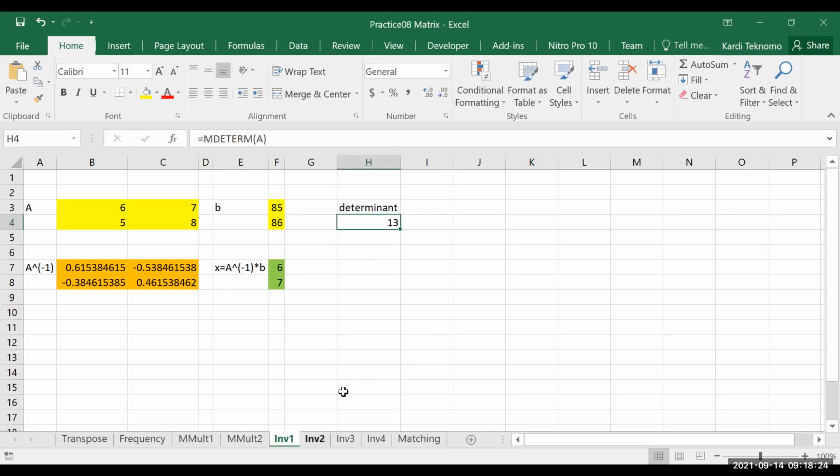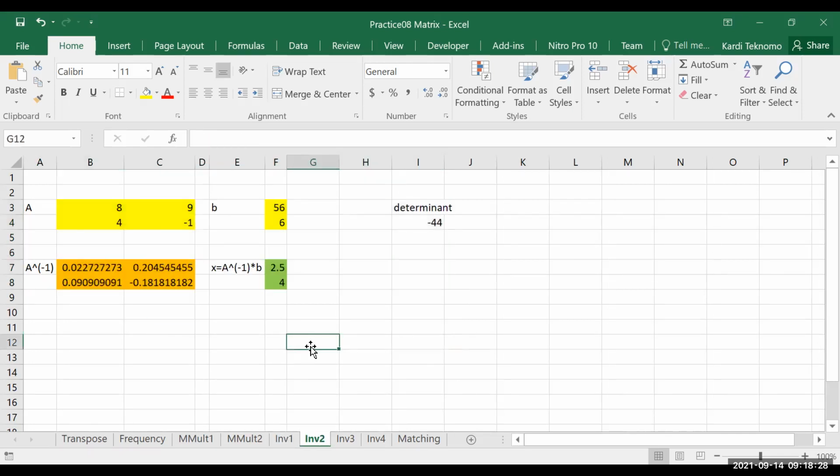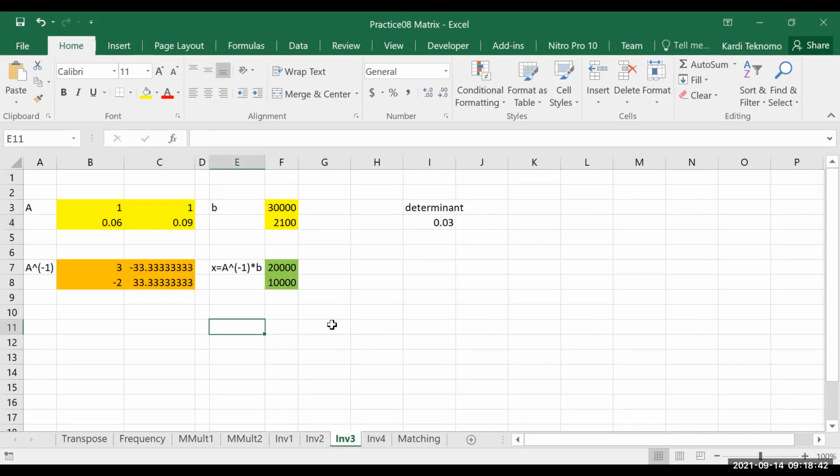And now I have a second one, the one that you just did a while ago. You calculate the determinant is negative 44. And then this is the last one. Determinant is